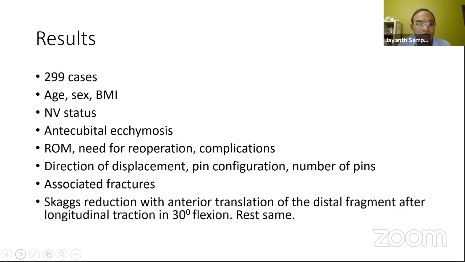So what they did was to use Skaggs's classic reduction technique with longitudinal traction with the elbow in 30 degrees of flexion. But before they did the last movement, they actually translated the distal fragment to proximal. So they did not correct the lateral translation. They just gave inline traction and then pushed the distal fragment anteriorly and then did the standard Skaggs reduction. That was just to get that anterior spike on the distal fragment back to its normal place. So they converted a reverse oblique into a standard oblique type